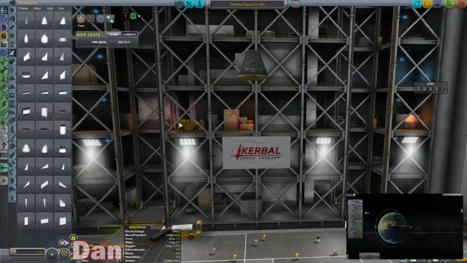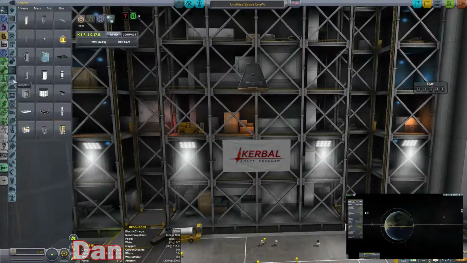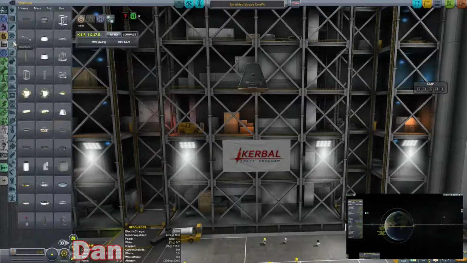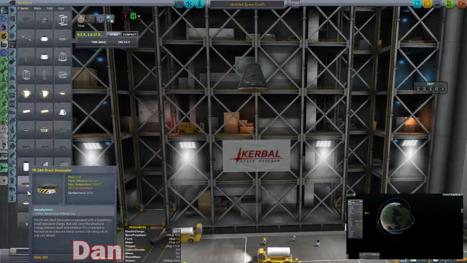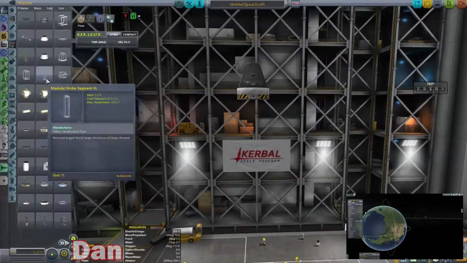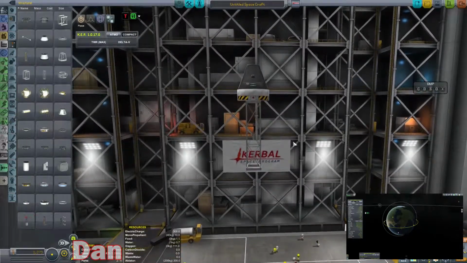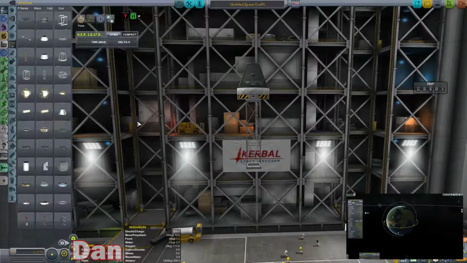What are we going to put behind said heat shield? Oh, we're going to need a decoupler behind the heat shield. So right now, the lander is behind me, or the spaceship in orbit is behind me. So obviously I want to land at a...